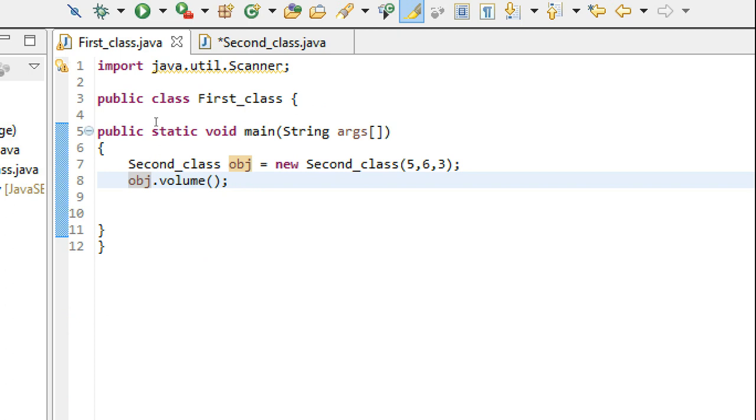So let's quickly declare a variable, say double answer. Okay, I'm so fuzzy. Return volume